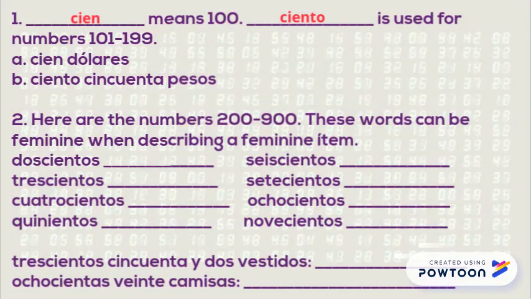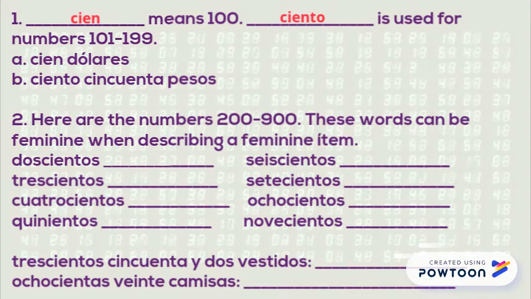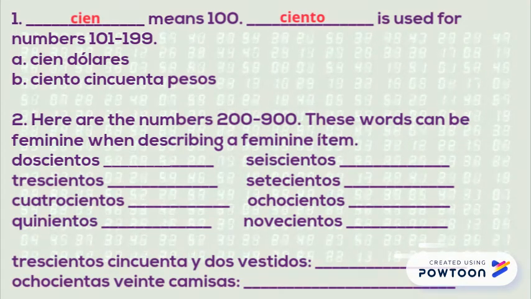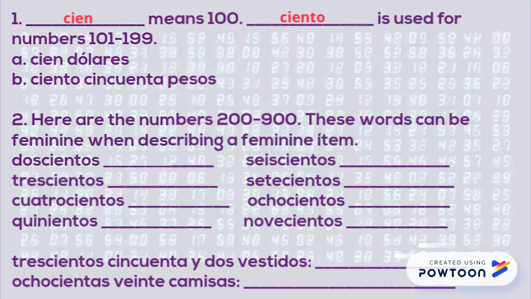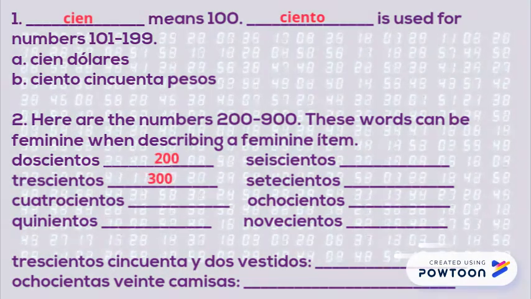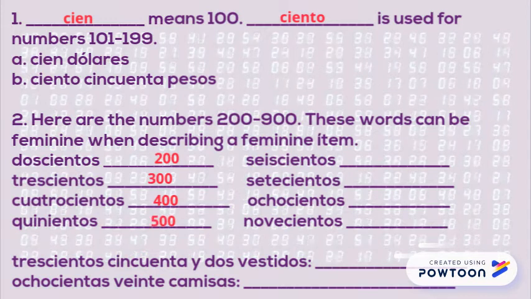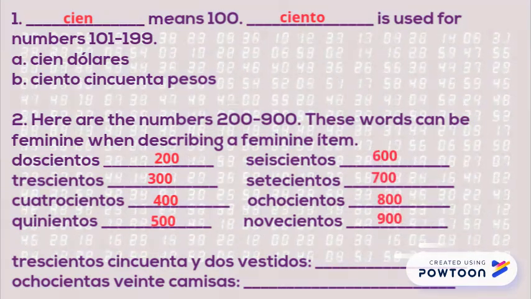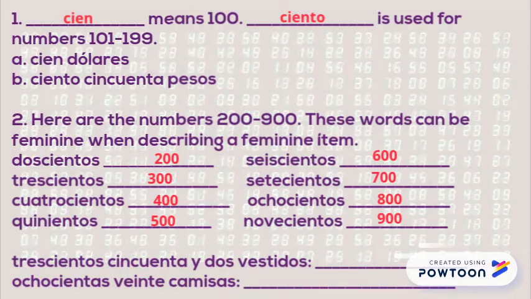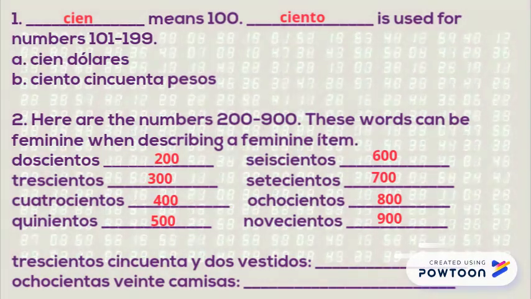Then we get to the rest of the hundreds. And working with these numbers is pretty easy. You just need to know what the numbers for 200, 300, 400 are. Okay, so we're going to start out with doscientos, trescientos, cuatrocientos, quinientos. So that one you have to make a note of. It's a little different. Quinientos,